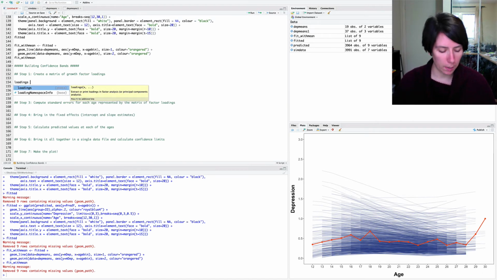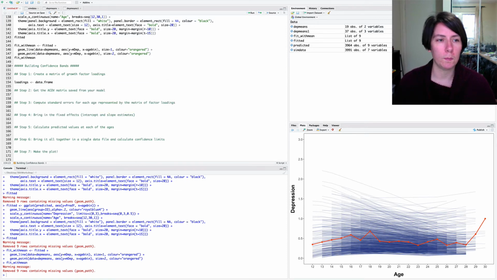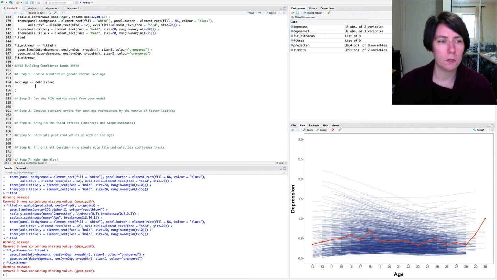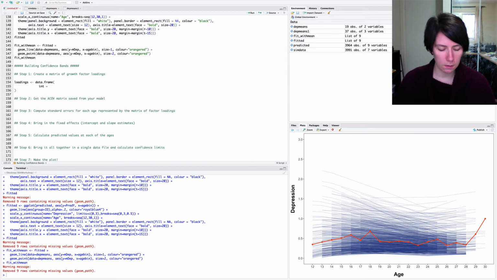So I'll call it loadings, and I'm going to make this from a data frame statement. There are a few different ways for you to create a data frame from scratch, and this is a good one. I'm going to start by making an intercept, call it int, and it's going to contain, using that concatenate statement,